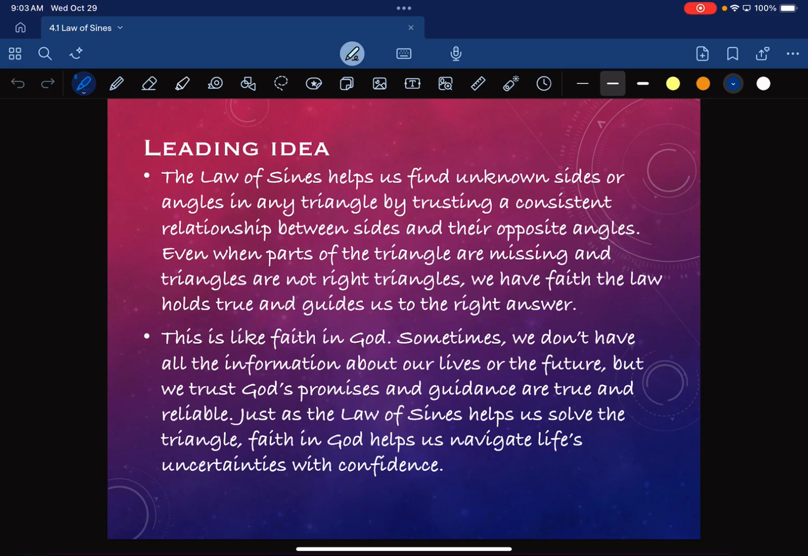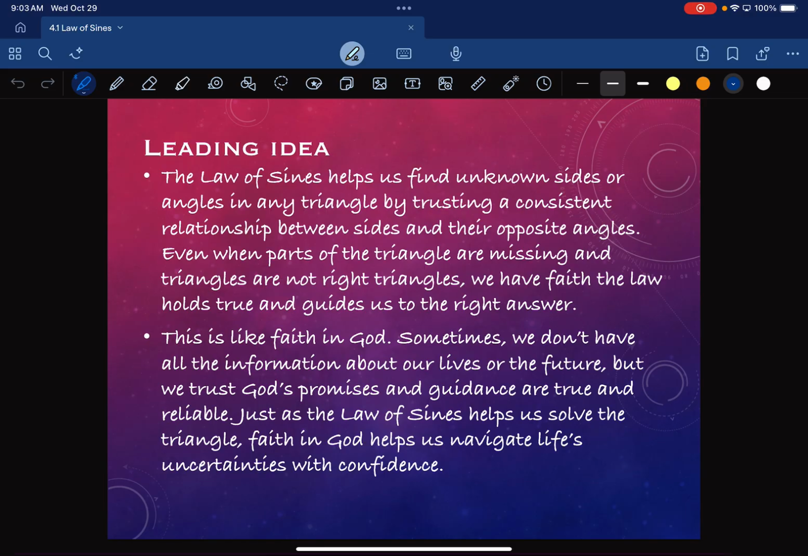So our leading idea for today is the following. The law of sines helps us find an unknown side or angles in any triangle by trusting a consistent relationship between sides and their opposite angles. Even when the parts of the triangle are missing and triangles are not right triangles, we have faith that the law holds true and guides us to the right answer. Like faith in God, sometimes we don't have all the information about our lives or our future, but we trust God's promises and guidance are true and reliable. Just as the law of sines helps us to solve the triangle, faith in God helps us navigate life's uncertainties